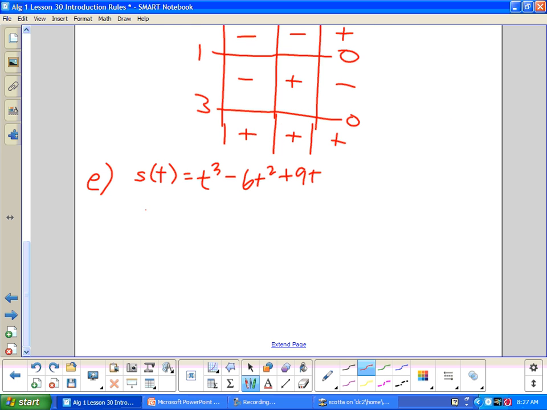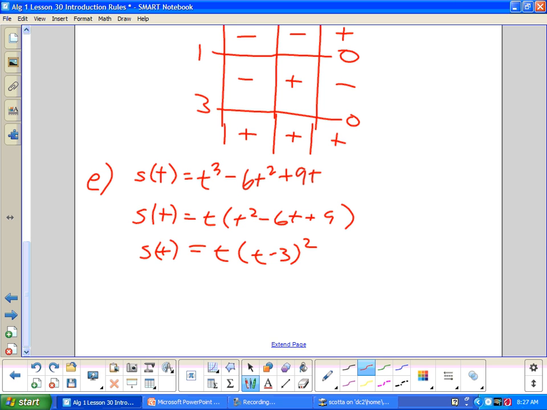So I can write s of t equals t times t squared minus 6t plus 9. Oh, looky, t times t minus 3 squared. Do we agree? So when is the position 0? When we look at this, the position is at 0 seconds, and so do we all agree s of t equals 0 at